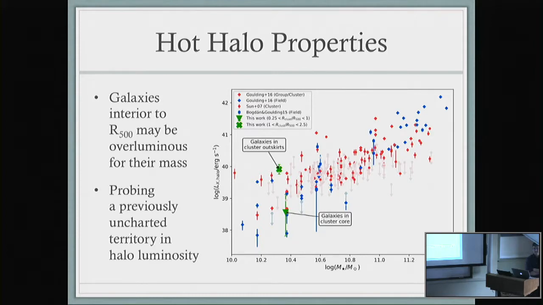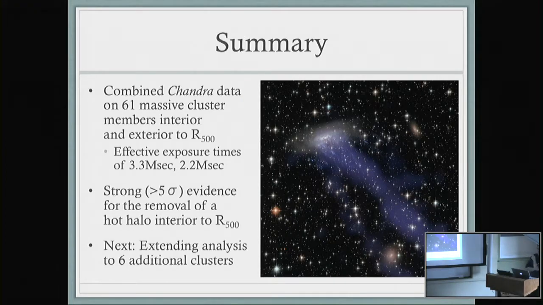So the distances you have are in two-dimensional integration of planes of sky. How do you marginalize the fact that you don't have the three-dimensional distance? Right. So you'll see here that we only use 61 members. So these are all spectroscopic members. We could have used hundreds if we went with photo-zs, but then we're just going to smear out. We expect basically everything that's not in the cluster to have a halo, and so we're going to really mess up our signal if we add things that we're not too sure about. So these are spectroscopically confirmed cluster members. So to the extent that one can say that they're in the cluster, we can say they're in the cluster.